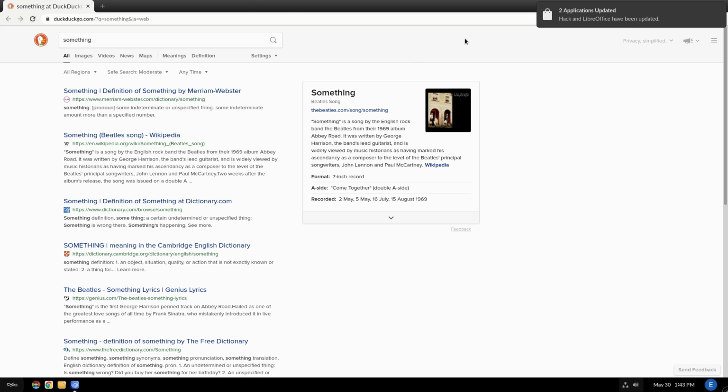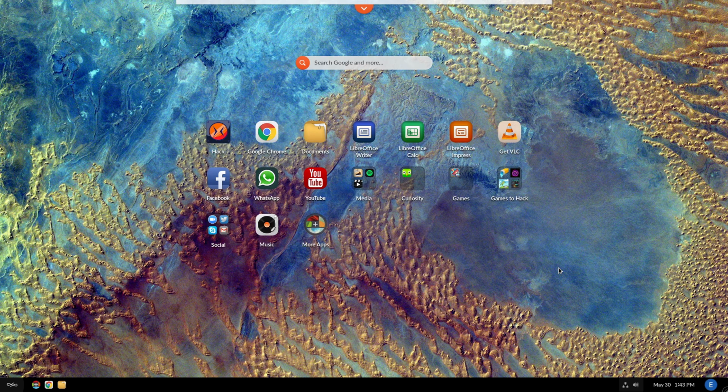And so there I was actually able to get to search on DuckDuckGo instead. It does do Google by default. All right, so let's have a look at the rest of the desktop over here. So we have a variety of applications. A lot of these are websites. We're going to look at the problem with adding websites to this in just a moment.